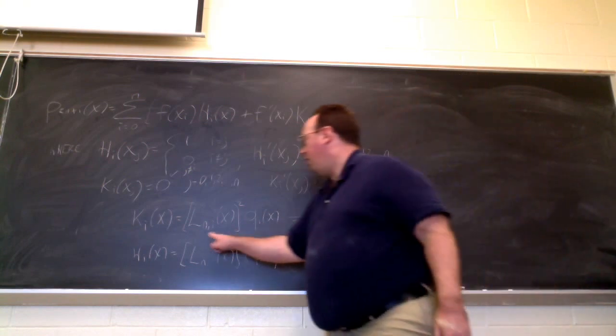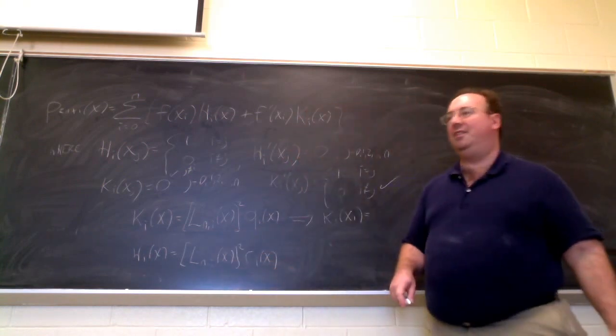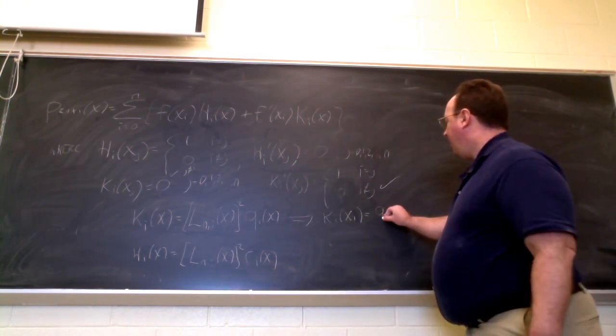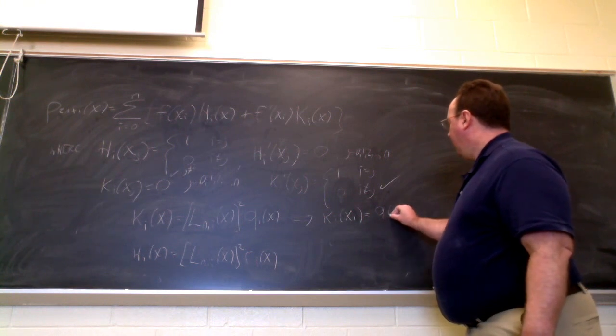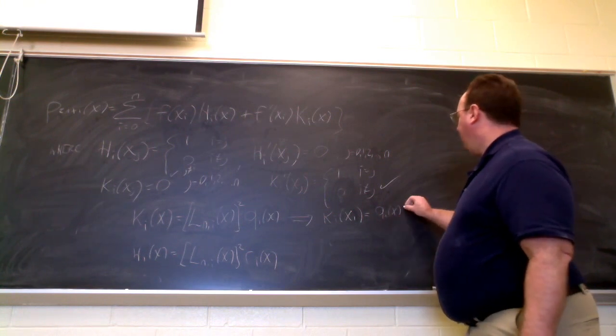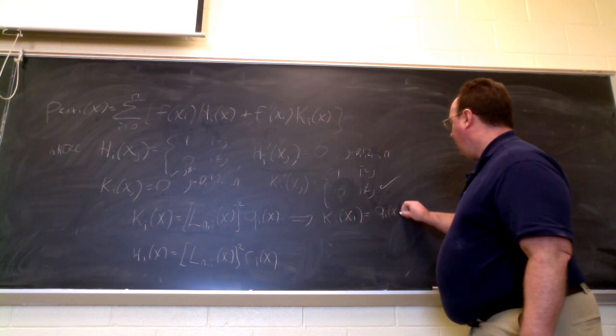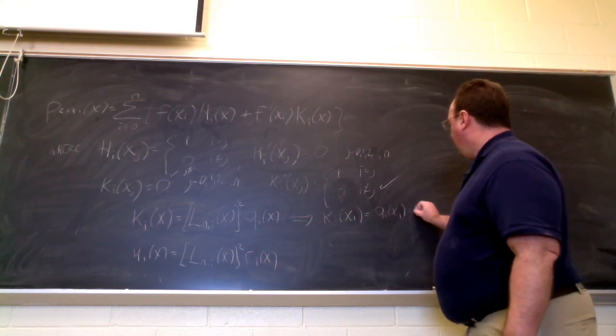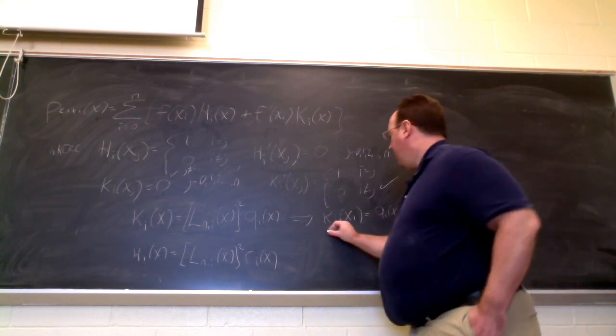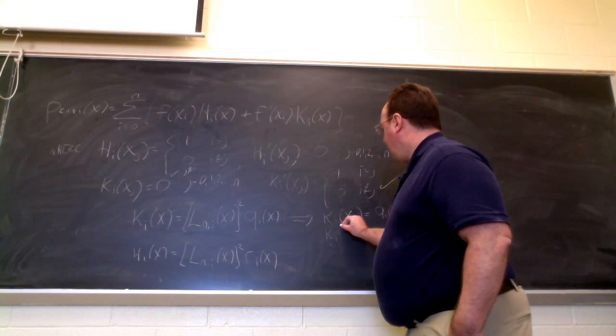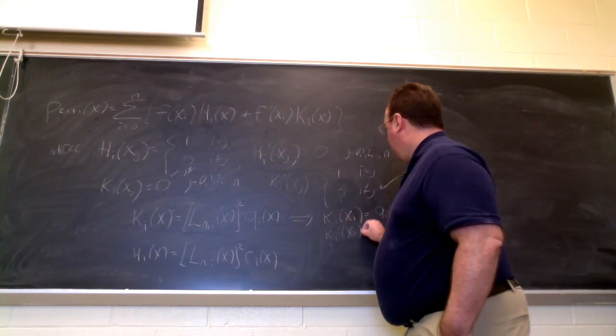Well, what will this part be equal to? So all we get is q_i of x_i, and we want that to be 0. And k_i prime of x_i,